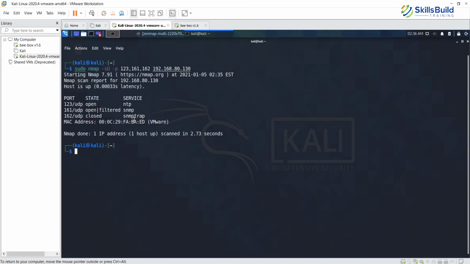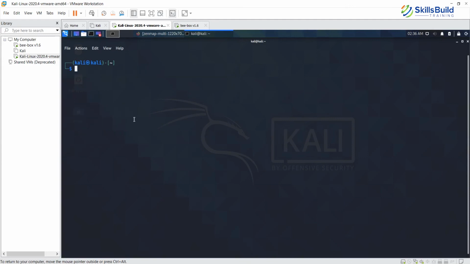And now what we want to do is send the output to a specific file format. So let's do this. Clear the screen. So we do nmap -oN, and then we say nmap.txt. This could be any file name that you decide. So I am basically generating the output into a text file.